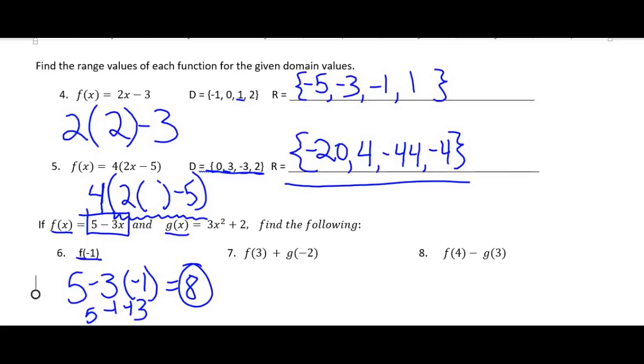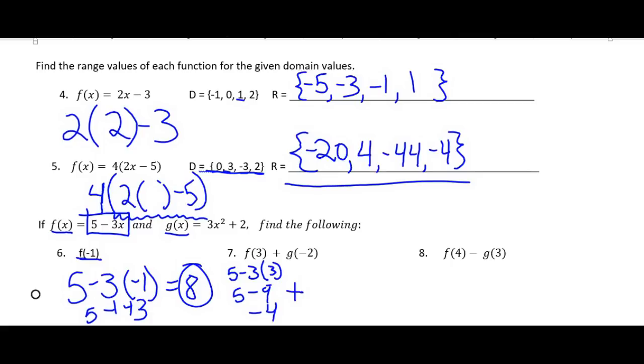Number 7, f of 3 plus g of -2. You work that out like it's 2 separate problems. F of 3 means we do 5 minus 3x, which is 5 minus 9, which is -4,